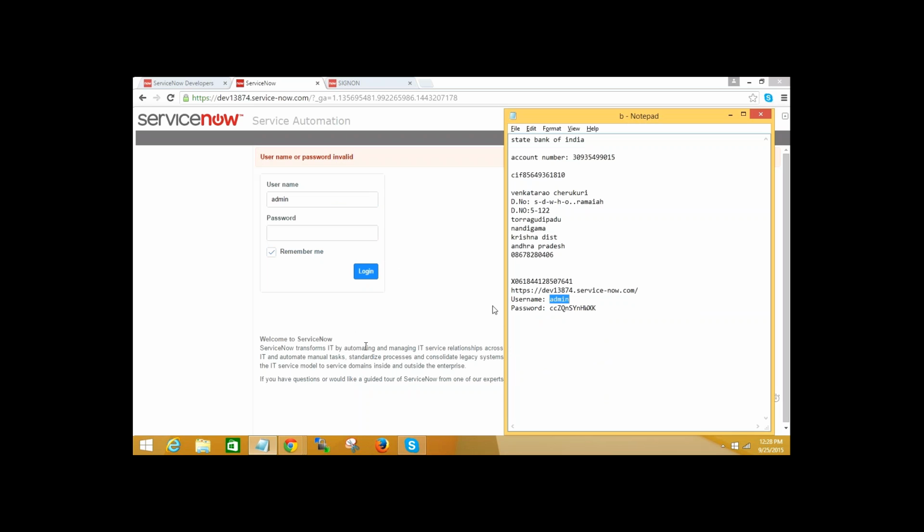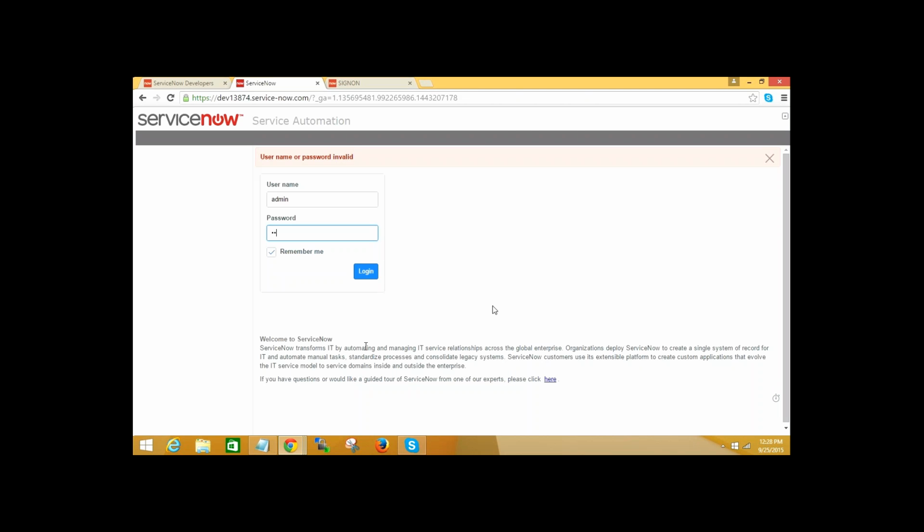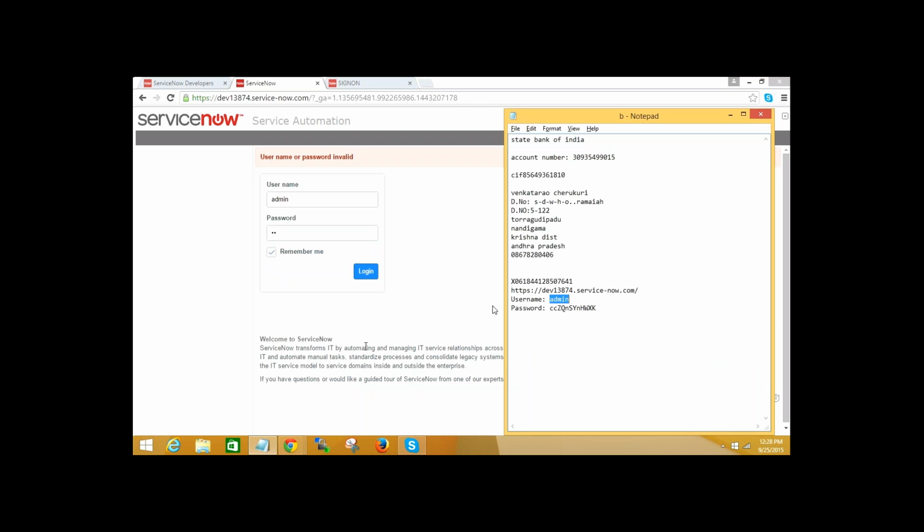So copy the password now. Chendu, are you able to log in? I see the confirmation from Arun and Sumant, and Venkat is trying here. Okay, fine. Let's wait for Venkat to log in.